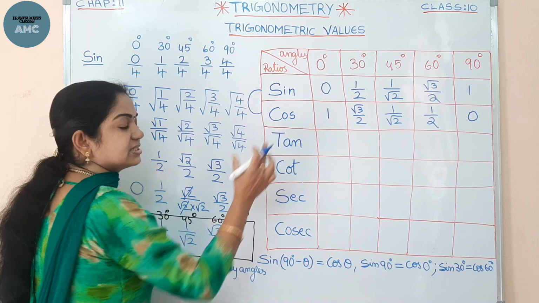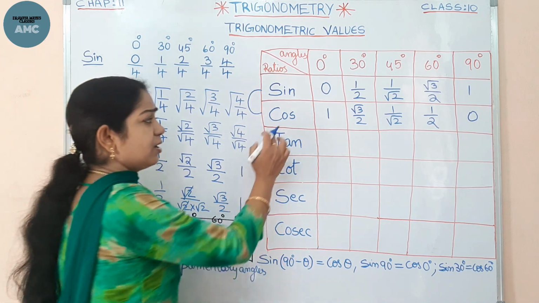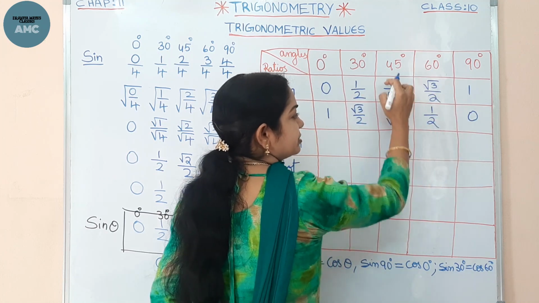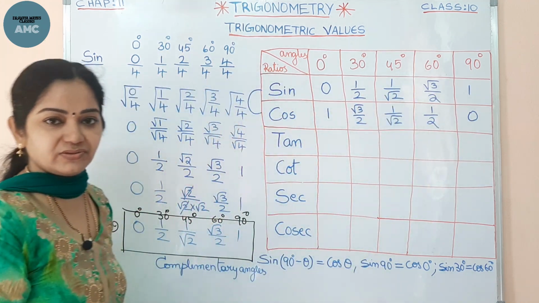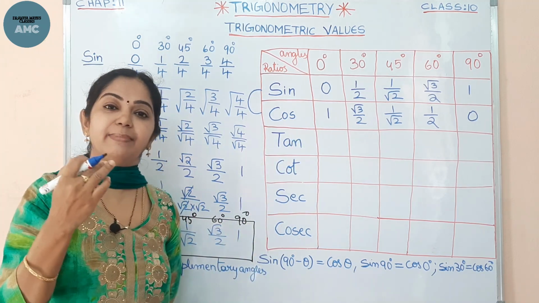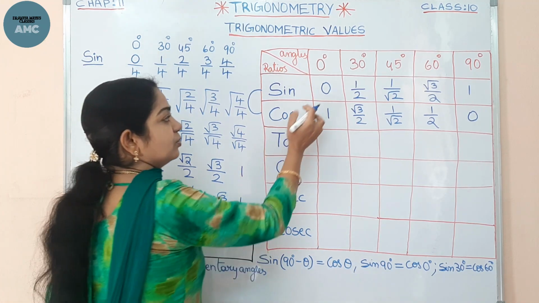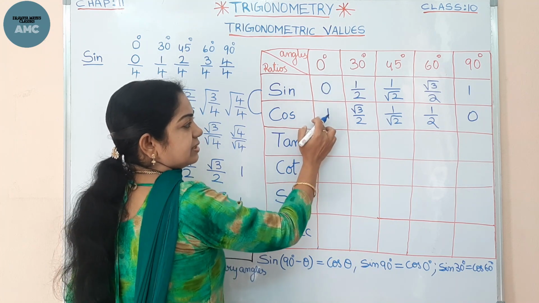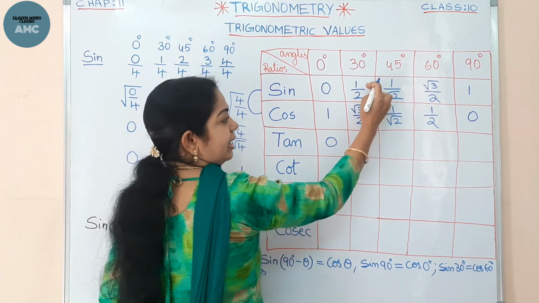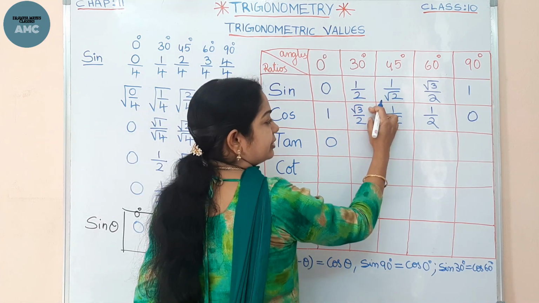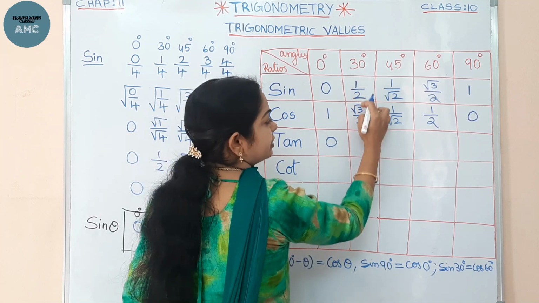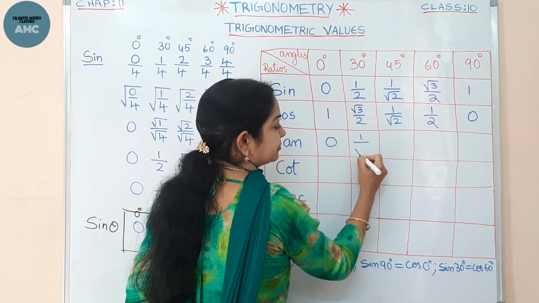Now coming to the tan values. Now how did I get this? Just by crisscrossing the values. The concept is complementary angles. Now tan, we know that tan is sin theta by cos theta, isn't it? So sin theta value is this, cos theta value is this. So 0 divided by 1 is 0 simply, and 1 by 2 divided by root 3 by 2. If you divide this, 2 and 2 get cancelled. The denominator left over is 1 by root 3.